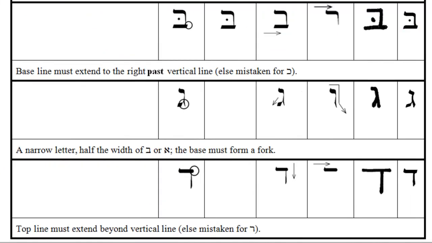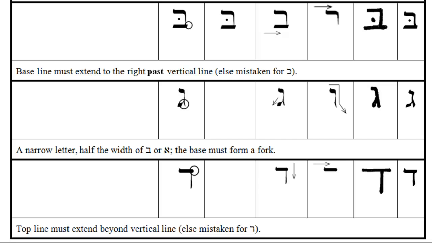And now for the letter Beit. Here it is shown with the dagesh dot. The first stroke you want to make begins in the upper left. Draw it across horizontally, and then at right angles, draw it downwards towards the baseline. Complete the letter by drawing the baseline again from left to right. Finally, add the dot for the dagesh if it's the letter Beit, or leave the dot out if it's the